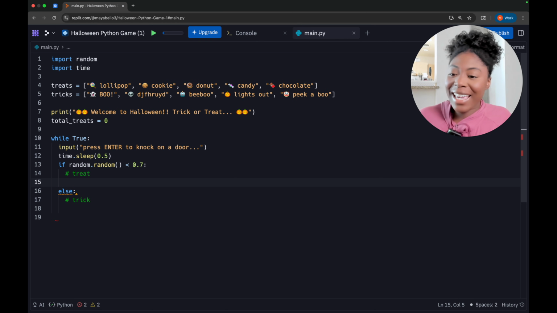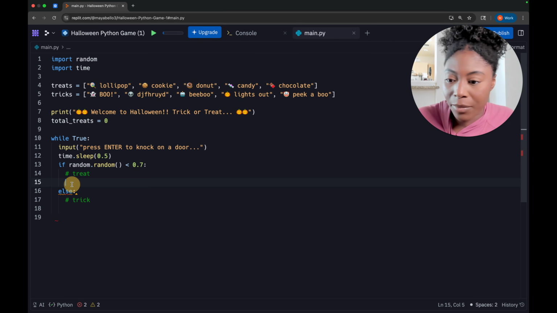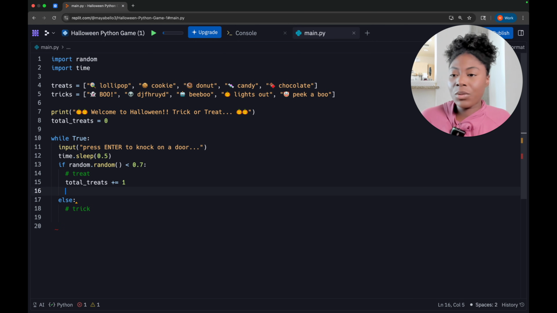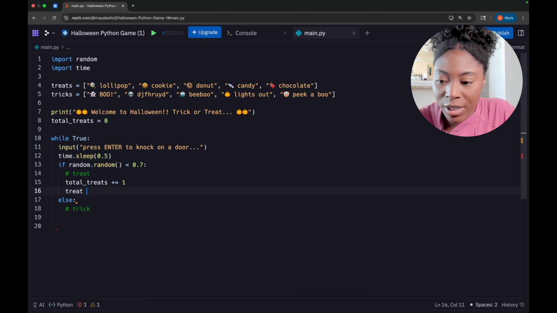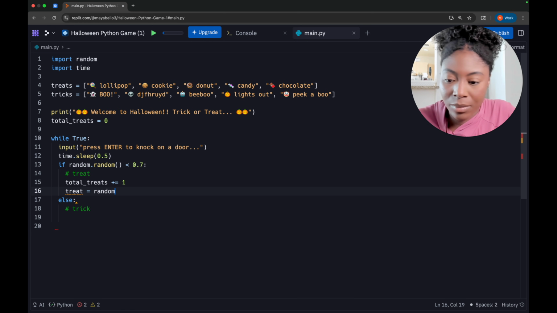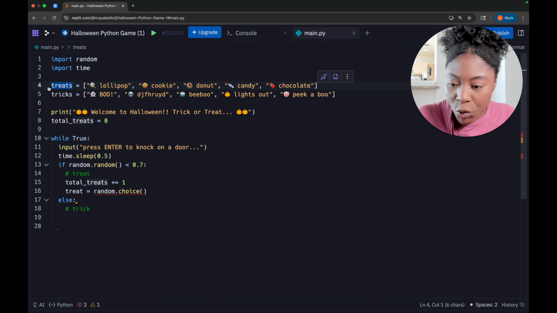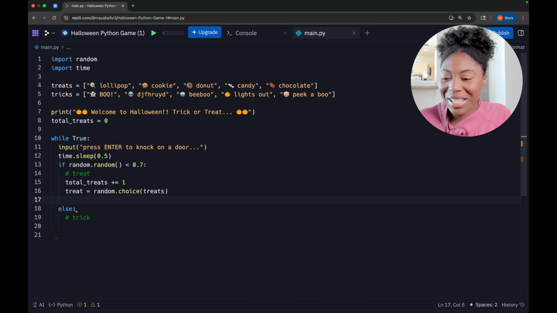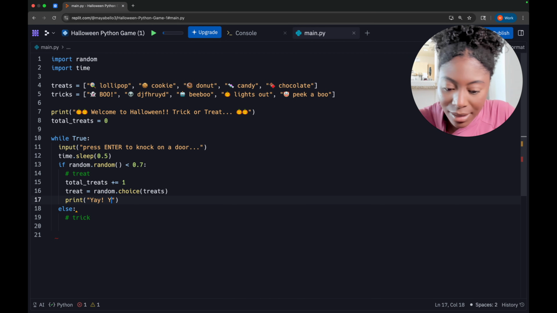Okay, so yay, you get a treat. What we can do is increase total_treats by 1, plus equals 1. What we can also do is select a random treat from our list. So we can say treat is equal to random.choice, and we select something from treats. And now let's show the player what treat they got. So we could do something like print, yay, you got a